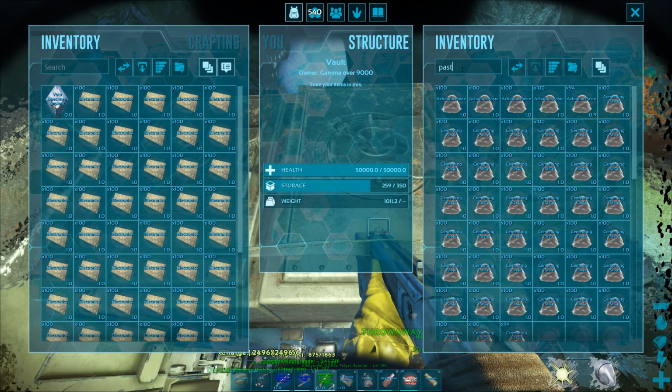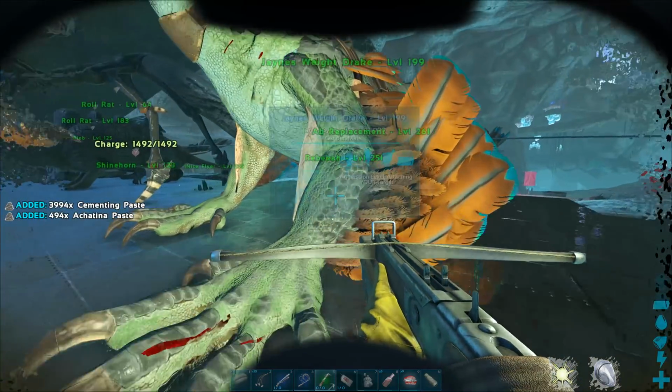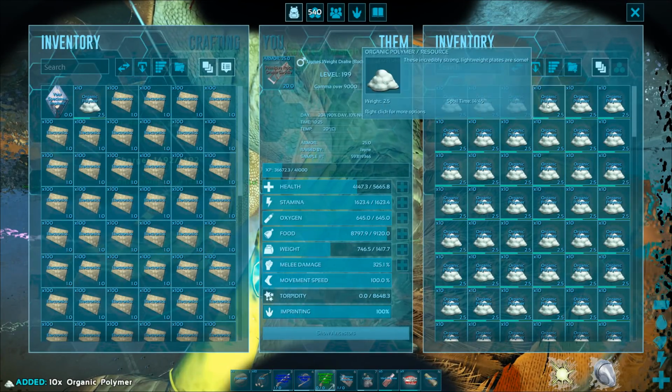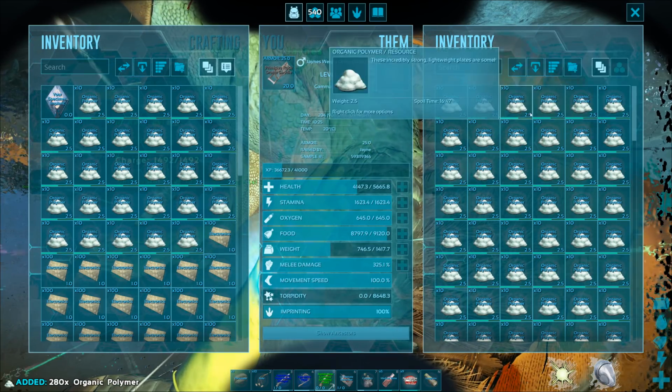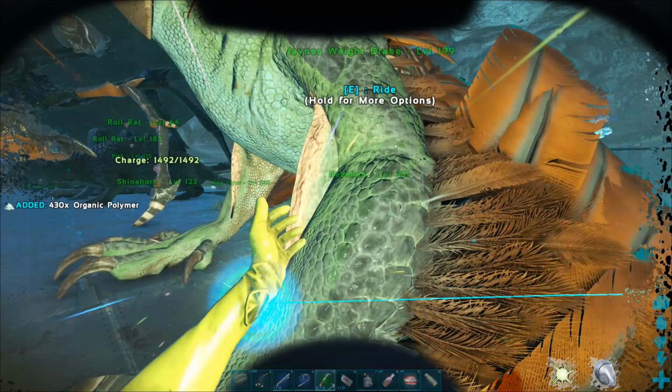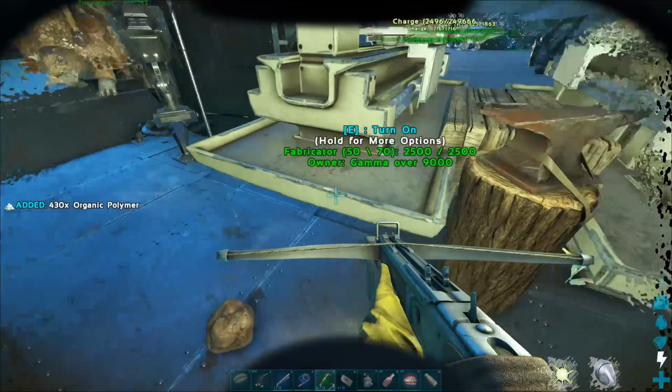I'm not sure if all of the paste is in here. No, this definitely isn't all the paste. Let's grab all of that as well. And then let's go for as much poly as we can hold. It's pretty good. I haven't really made heavy turrets before, like not more than 1 or 2 at a time. So